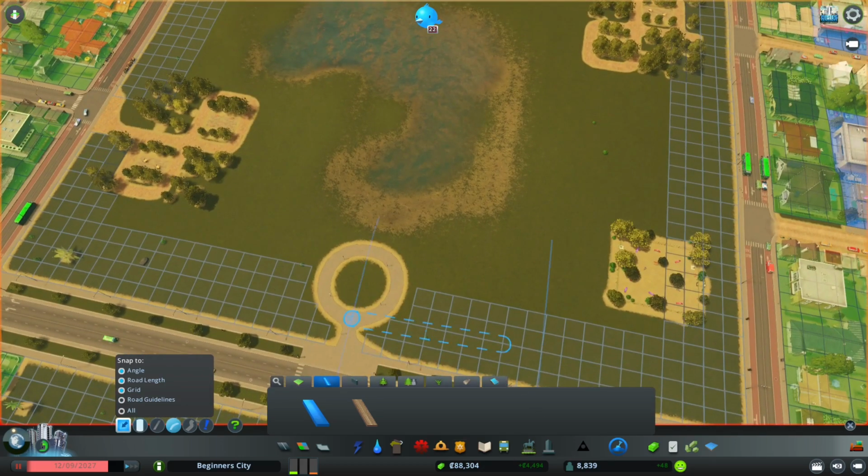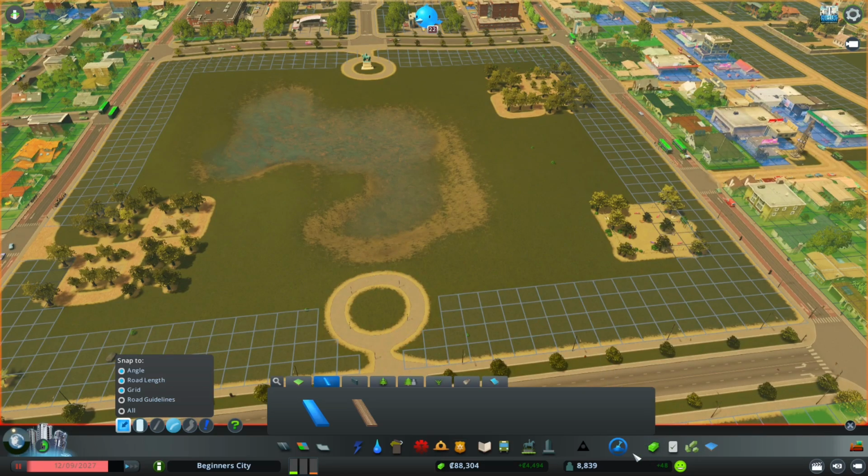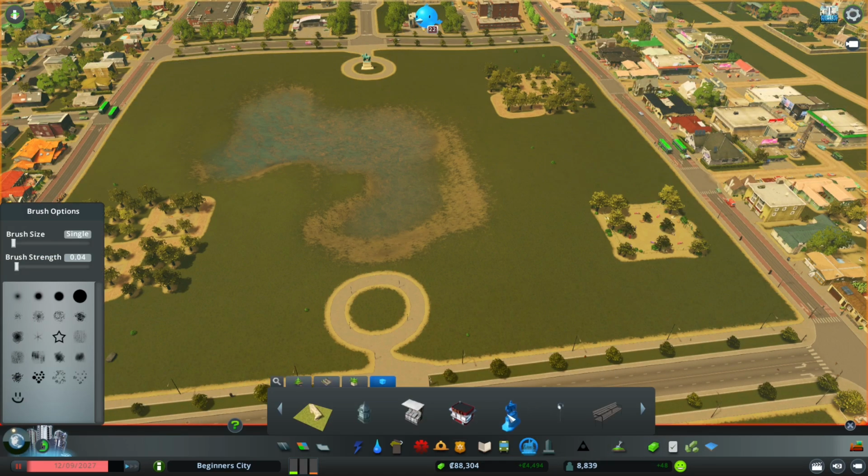Right, so now the question is what to put in the middle of that one. We could put in another statue, just for consistency. What is this? Kiosk. What have we got? What have we got? Cannons? Cannons is an option, I think. Oh, maybe we should put in...